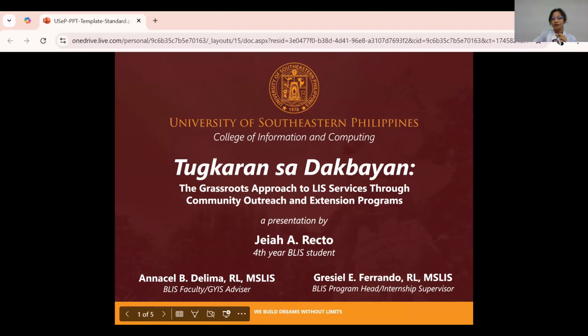Tatag IP Foundation is a non-government organization, and throughout the entire internship, I can say that our experiences have challenged the usual conventions of library services. Our deployment mostly took place outside the walls of air-conditioned libraries. We traveled to far-flung districts and provinces, to the huts and mountain peaks.